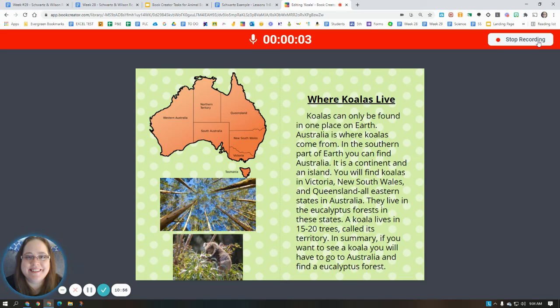Where koalas live. Koalas can only be found in one place on Earth. Australia is where koalas come from. In the southern part of Earth, you can find Australia. It is a continent and an island. You will find koalas in Victoria, New South Wales, and Queensland, all eastern states in Australia. They live in the eucalyptus forests in these states. A koala lives in 15 to 20 trees called its territory. In summary, if you want to see a koala, you will have to go to Australia and find a eucalyptus